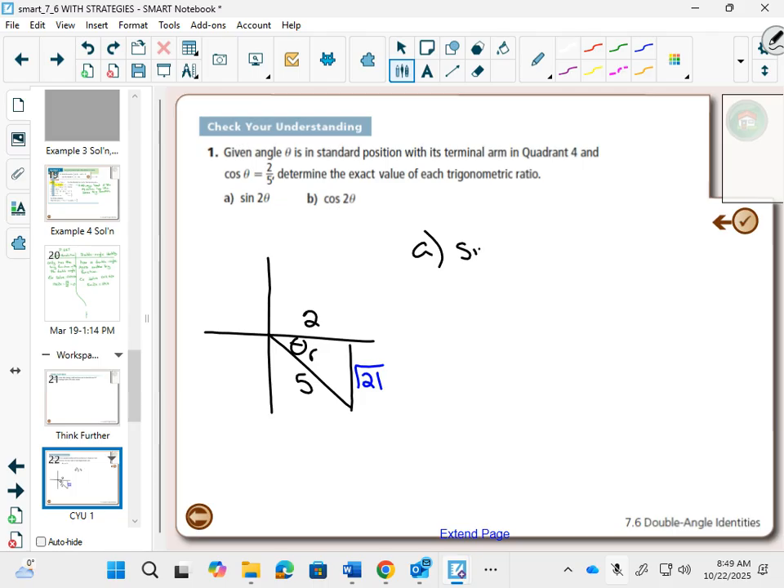if you want to find sine 2 theta, you do not know what theta is. You know what sine of theta is, but you do not know what theta is. The only thing we can do with sine 2 theta is go to our formulas and write out the formula. We know that sine 2 theta is 2 sine theta cos theta, which means